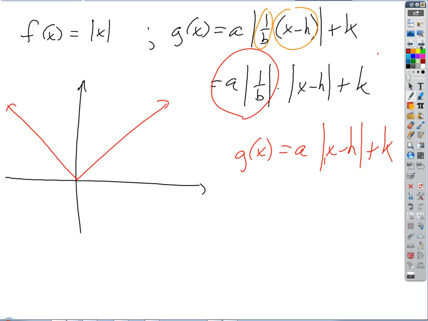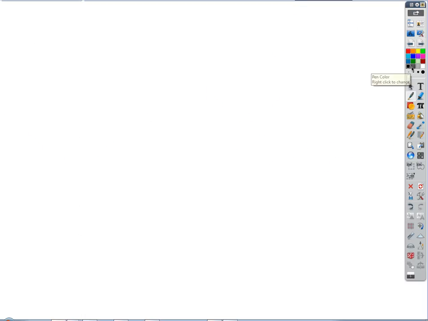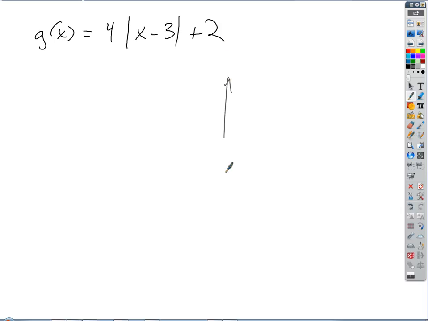Okay, so then what if I want to do something? The first assignment is really just stuff like this. What if I want to graph the function g of x equals 4 times the absolute value of x minus 3 plus 2? How am I going to do that? I'm going to start with my parent function, which is just that v, right? And how am I going to tweak it? So here's my parent function,